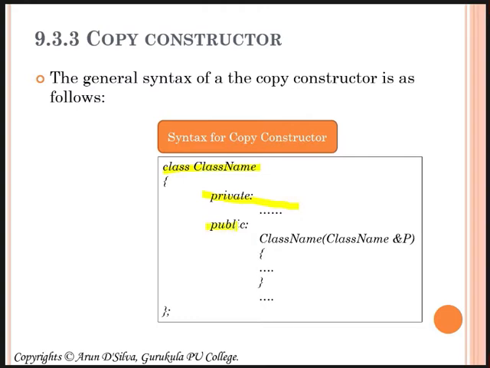In the public section you create the constructor with the class name itself, and inside it the argument, as I told you, the class name and ampersand p. This means a single argument of reference to the same class type. This ampersand is a reference, and then the function body will be there. So this is the syntax.